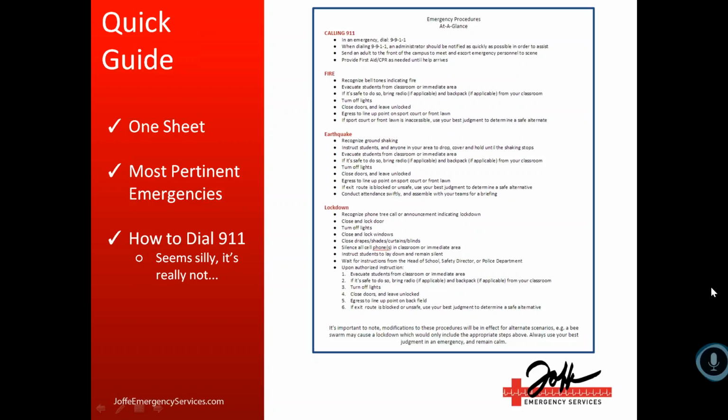Some schools as well will do a front and back at-a-glance. I have a high school that does this. The front side is during school hours and the back side is after school hours. I noticed this was one of our big challenges when I started working with them. They have lots of students on campus after school hours, and it's not like an after school program or care kind of thing that most elementary schools have. They'll just be hanging out, or doing sports, or studying in the library. So there needed to be a plan of action for that as well.